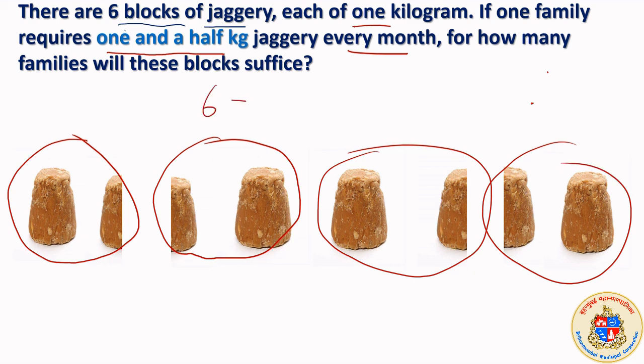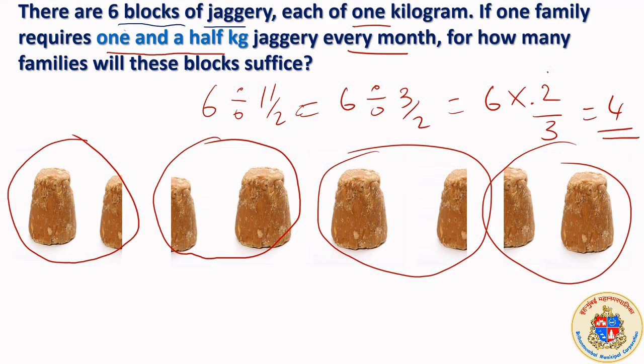तो जो डिवीजन किया था ये 1.5, फर्स्ट फैमिली, सेकंड फैमिली, थर्ड फैमिली, फोर्थ फैमिली. क्या हुआ है? 6 divided by 1.5 kg which is equal to 6 divided by 3 upon 2 which is equal to 6 multiplied by 2 upon 3 which is equal to 4. Another example, 12 divided by 4. उसमें क्या मजा है? 12 divided by 4 तो हमको आता है, but we should understand how we will do it in this context. We have to do it in the multiplication format. So 12 into reciprocal of 4 is 1 upon 4 and we get 3.